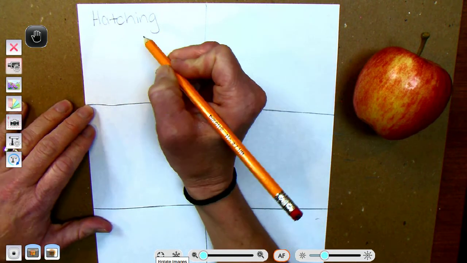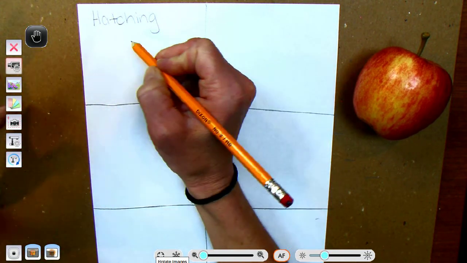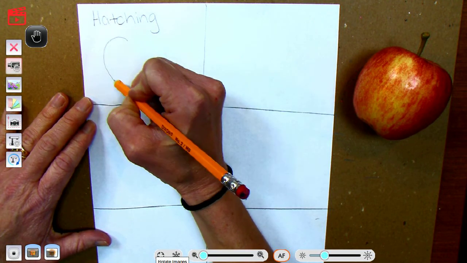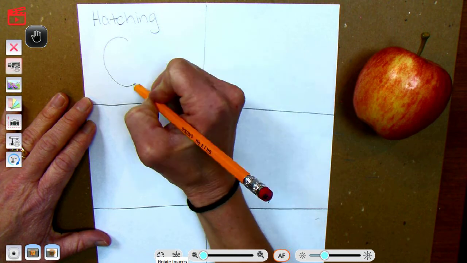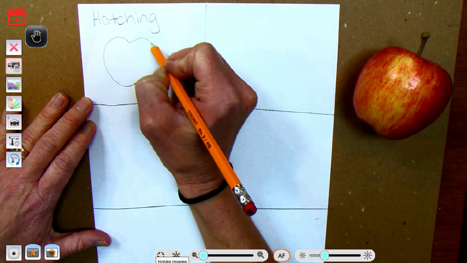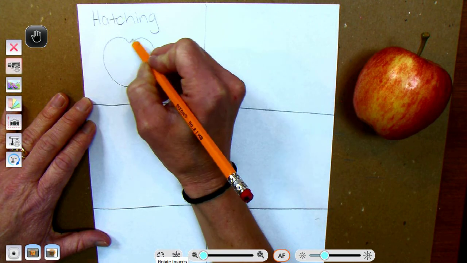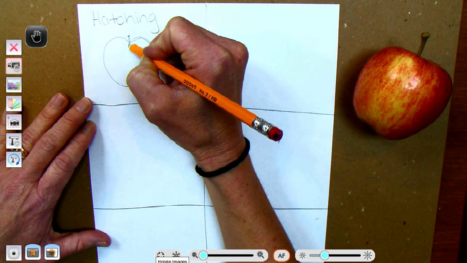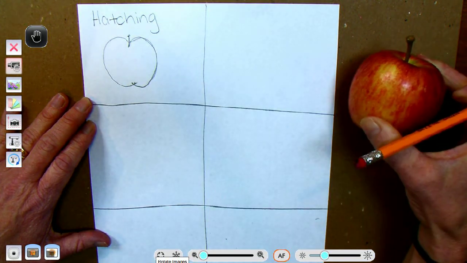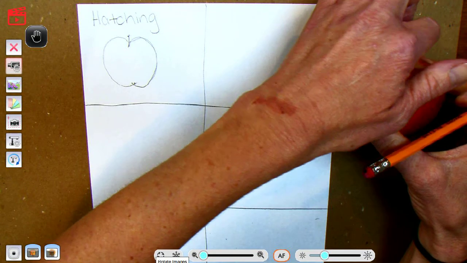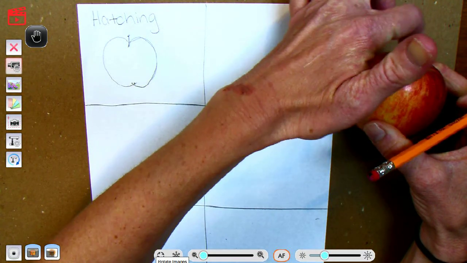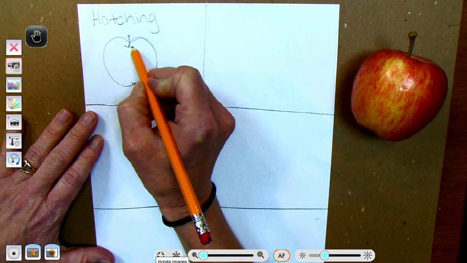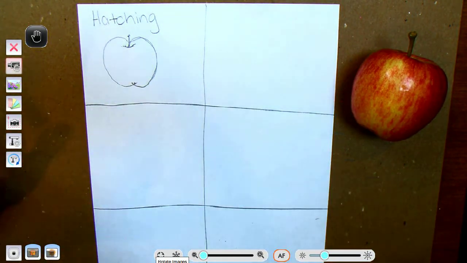So for each of these drawings, we're going to want to draw the outline of our object. And to draw the outline of an apple, you're just going to make a C, kind of a capital C, and then do a backward C right next to it. Okay, then you're going to make your stem come up. And then right up here, I don't know if you can see it on here, but where the stem goes in, it's kind of a little circular part that indents, and so I'm going to draw kind of like a semicircle right there. Okay, now that my outline is done,